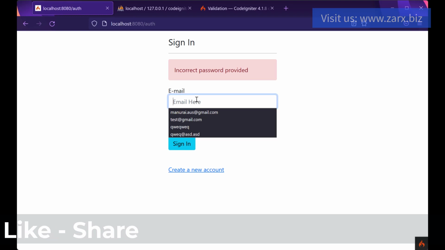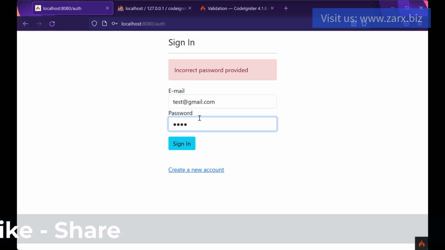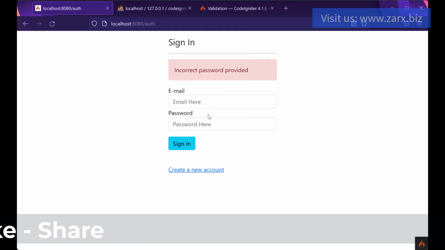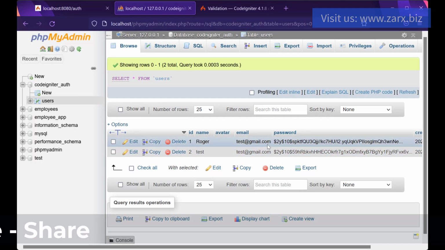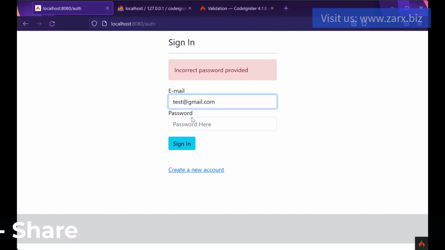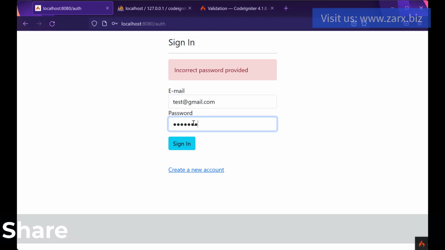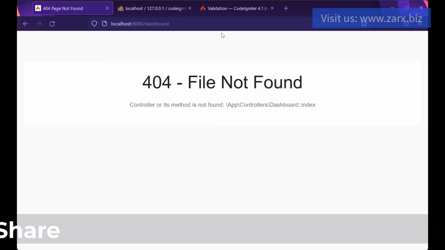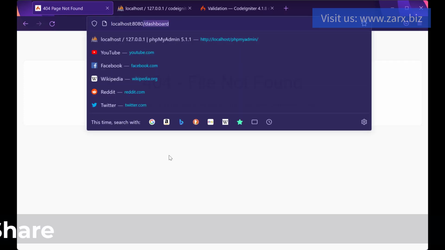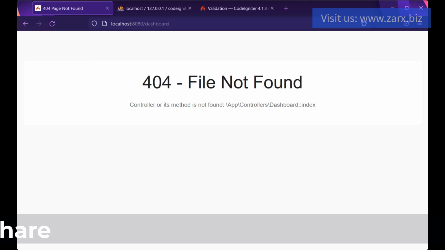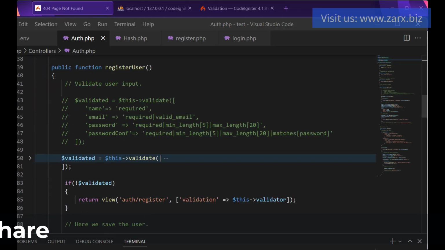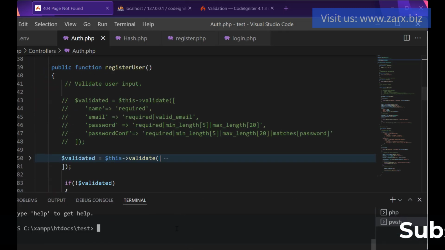Now if we pass the correct password, and then, okay, I forgot what the password was. Okay, so we were passed to dashboard, and currently we don't have dashboard, so we're getting 404. That's perfectly fine. So working with the dashboard, we need to create a controller. So I'm just going to use the PHP Spark, and then we need to say make controller, and I'm going to call it dashboard, and it's a dashboard controller,